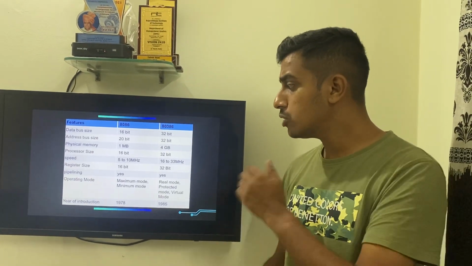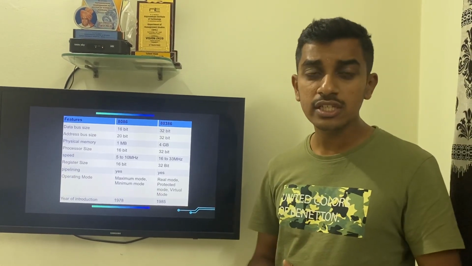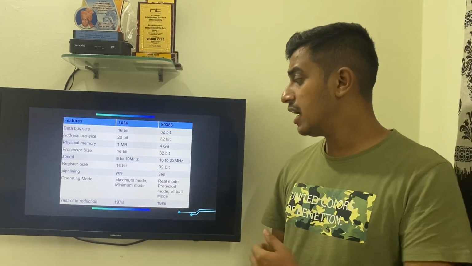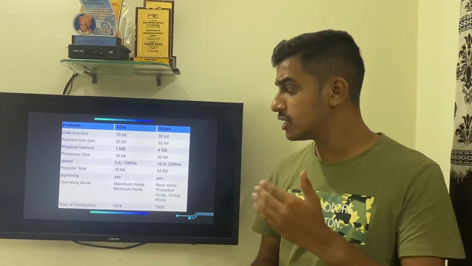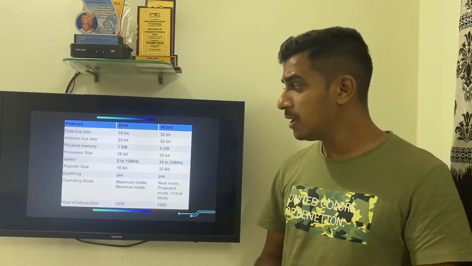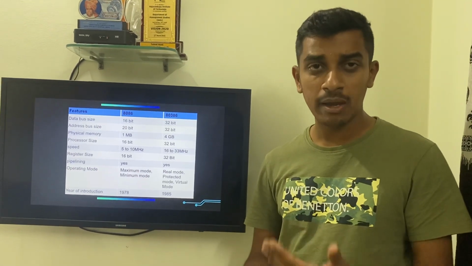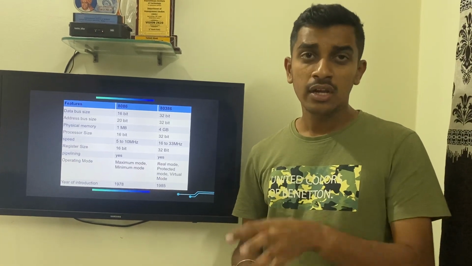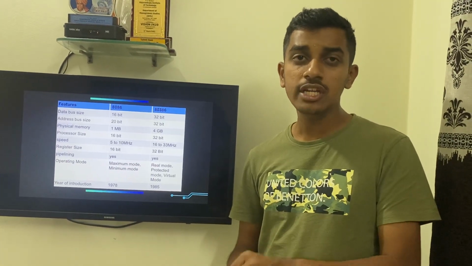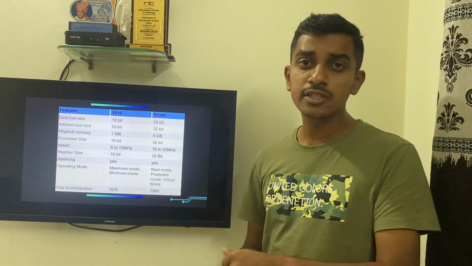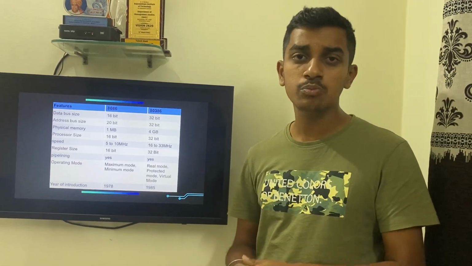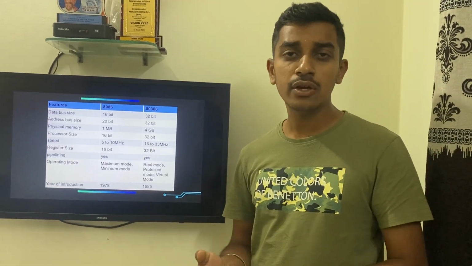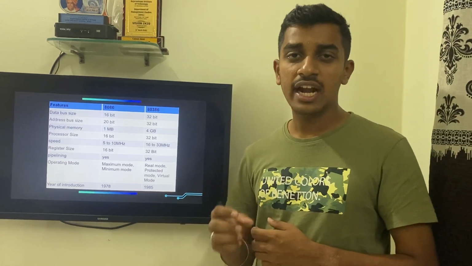Now we will come to the register size. 8086 holds a 16-bit register and 80386 holds a 32-bit register size. In pipelining, the 8086 also has a pipeline for fetch, decode and execution, but in the 8086 only one operation can be performed at a time, whereas in the 80386 pipelining is more efficient, as fetching, decoding and execution work at the same time.